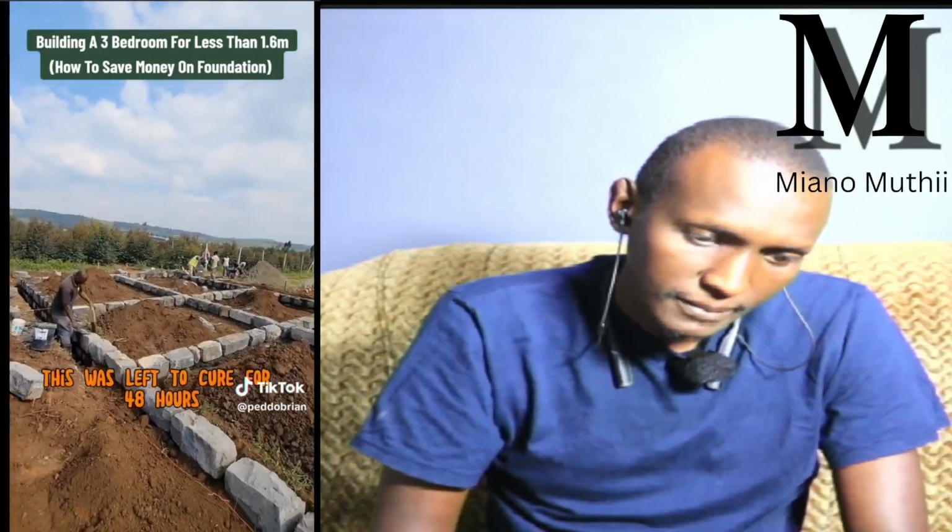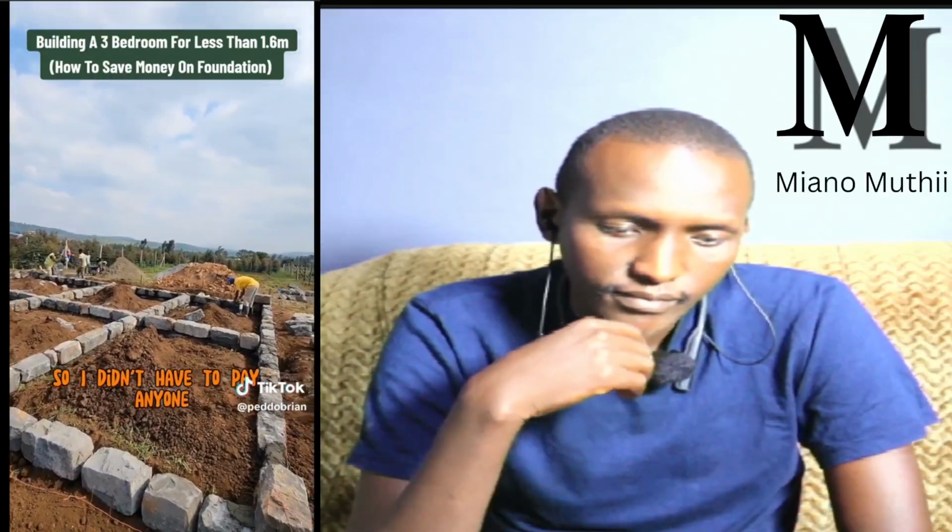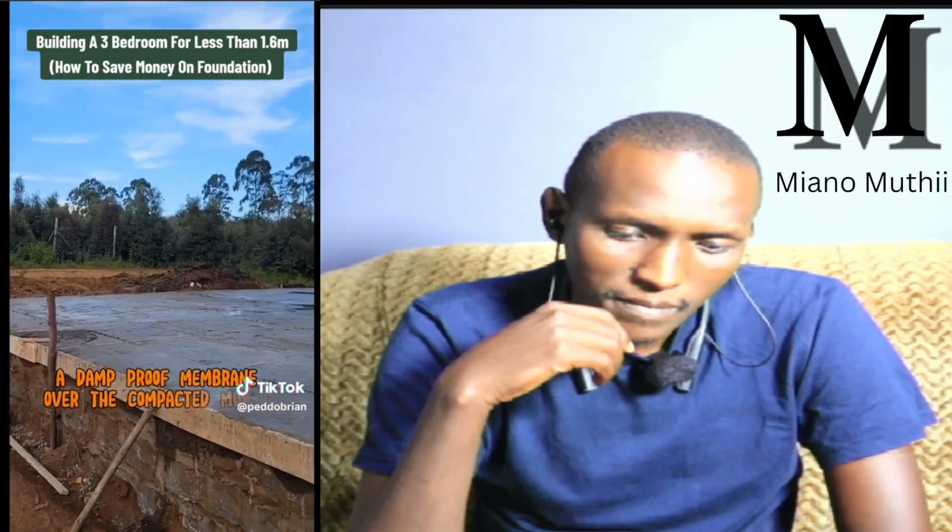This was left to cure for 48 hours, and we were lucky it was raining, so I didn't have to pay anyone to water it. This was then backfilled with maram and compacted, and that's what the 2 tippers of maram we bought was for. We then placed a damp-proof membrane over the compacted maram, and after that we mixed the slab. Because we didn't have an issue with black cotton soil, and our foundation is raised well above ground level, so we don't have an issue with water, we didn't have to use a BRC mesh, and because it's a single level...